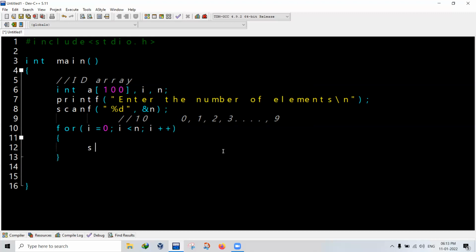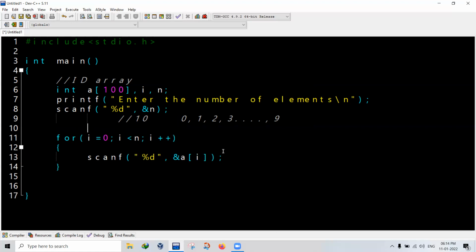Okay, you just have to write scanf, because you have to enter the elements, right? Scanf percentage %d and &a of i, that is, in the ith location, please store my number, that is a of 0, a of 1, or a of 2, and so on. This is the concept.